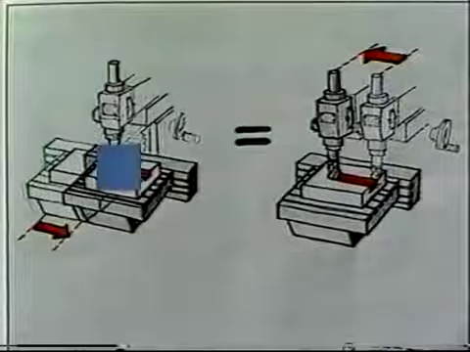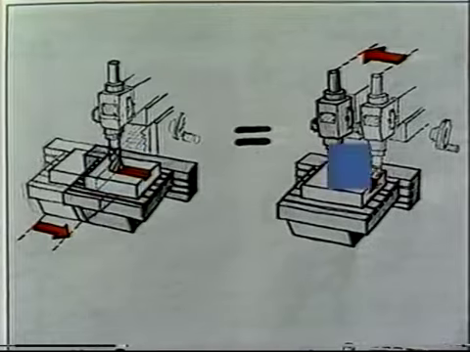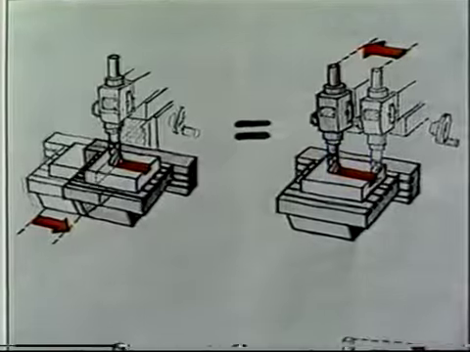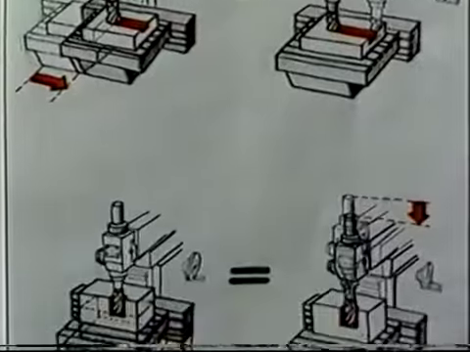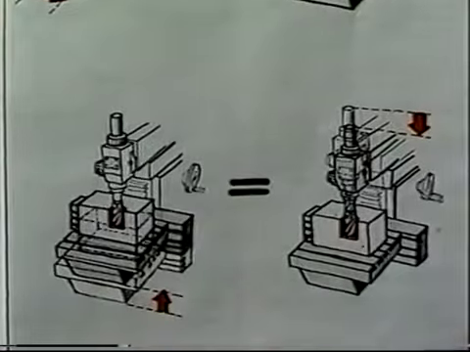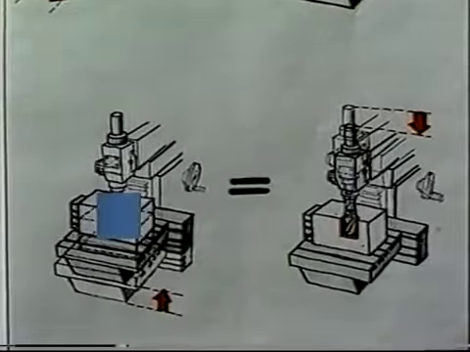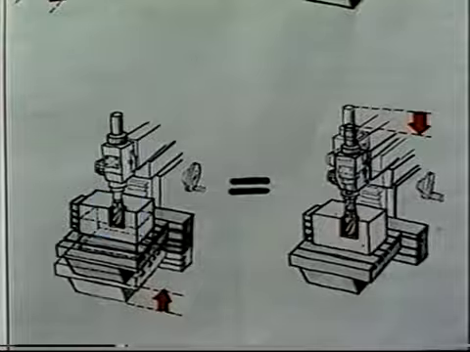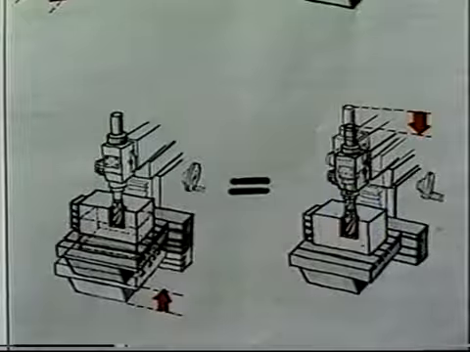Movement of the table to the right has the same effect as movement of the tool to the left. Upward movement of the table brings about the same results as downward movement of the tool. In programming, think in terms of the workpiece always being stationary while only the cutter moves. This way of looking at it is called relative tool motion. Once we agree on that, we can give names to the machine's traverse directions.